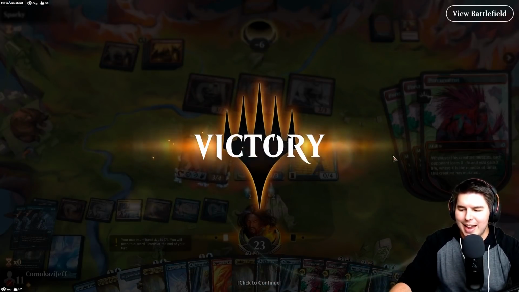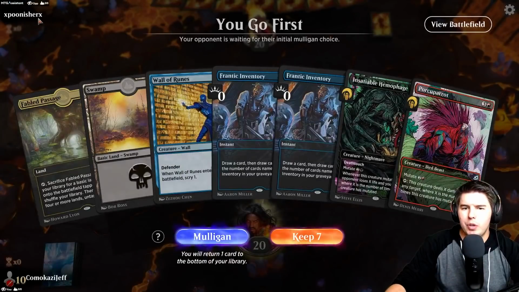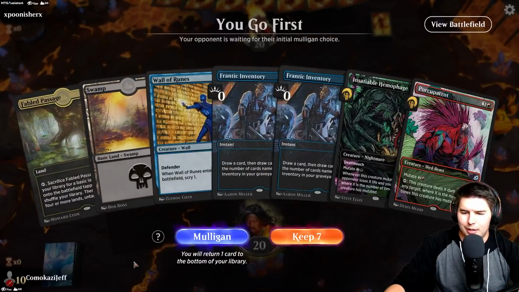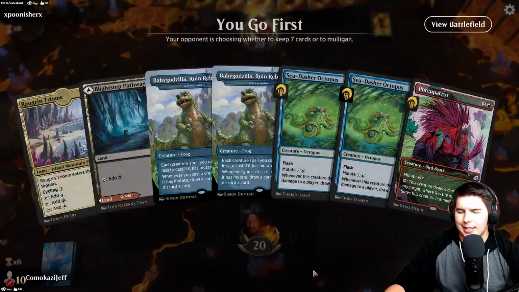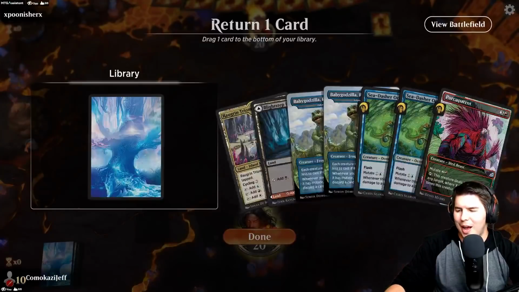Now that we've seen the deck go off and see what happens there, let's see how it actually plays against real people. All right, Expoony Shirks. We have Vola Runes, but not actually for turn 1. A little bit awkward. We can Frantic Inventory, dig for another land. I think we mulligan this. That's a bit better. So keep this. We'll drop...